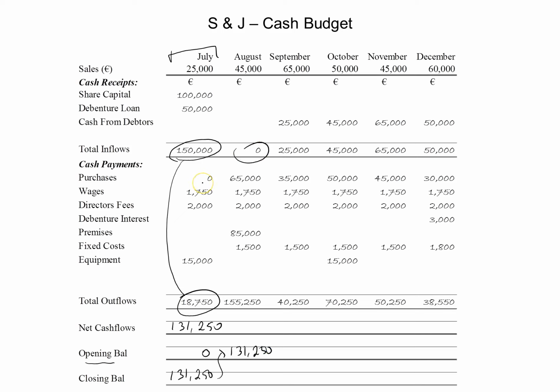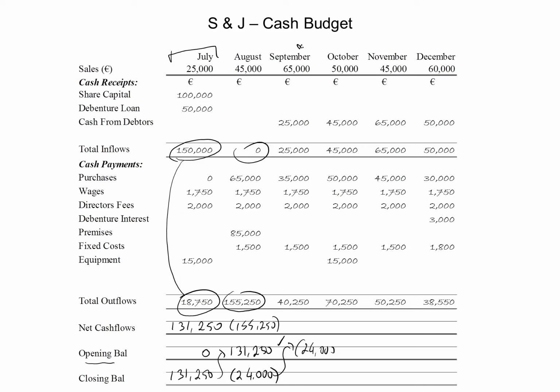Now in August, the projections are that no cash will come in, and they're planning to spend 155,250. So therefore I'll have a negative net cash flow of 155,250. Now we had 131,250 cash on hand, but that means that based on this plan, the cash balance at the end of August will be a negative 24,000. And so the negative figure of 24,000 becomes the opening balance